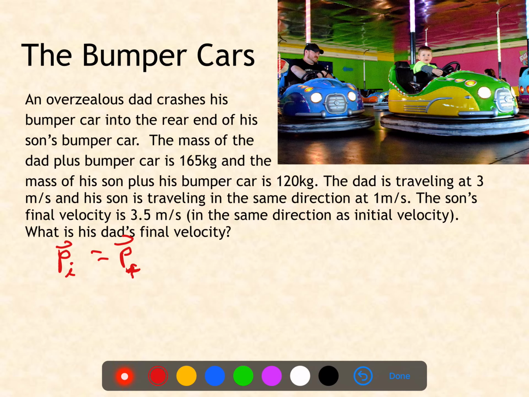Notice that they're going in the same direction. The dad is going this way and the son is going this way as well. That will become important because whenever we apply conservation of linear momentum to a situation like this, we need to make sure that we respect the directionality and